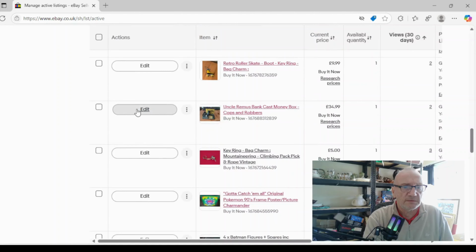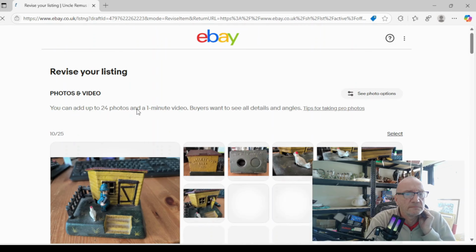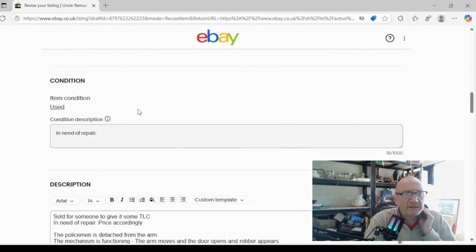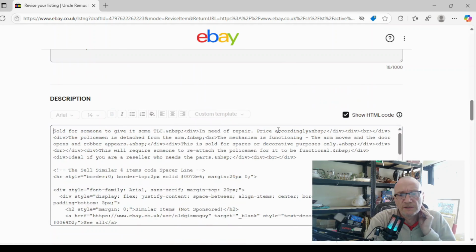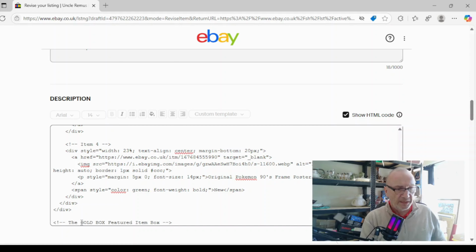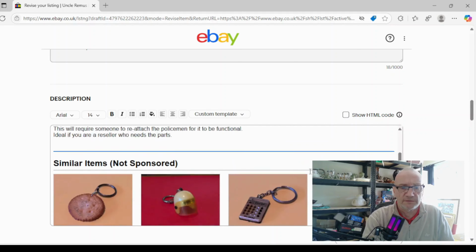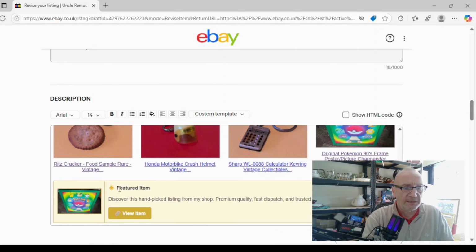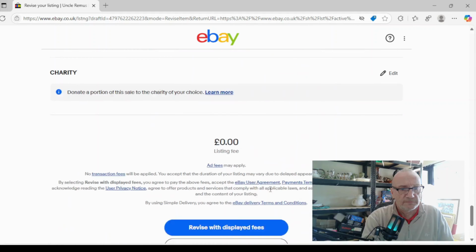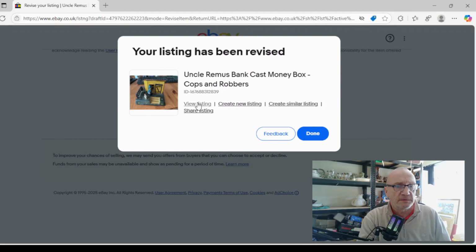This one. I'm going to edit it. We go back down to the description, show the HTML. I'm going to go right to the very bottom. I'm going to paste that HTML which says the gold featured item box. I'm going to take off the code, and there we have the gold featured item box. I'll then revise the listing with the displayed fees, which is all eBay regular stuff. Click on view listing,